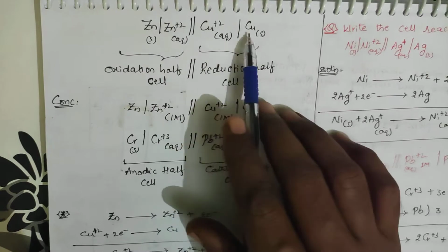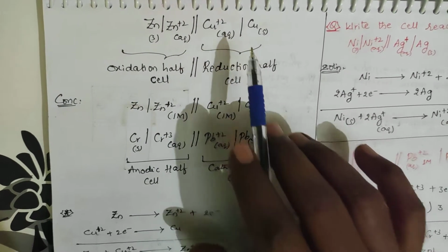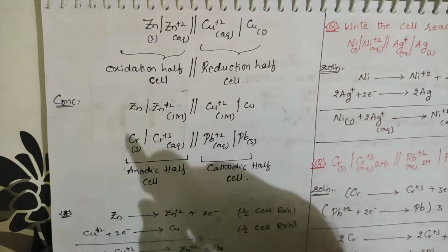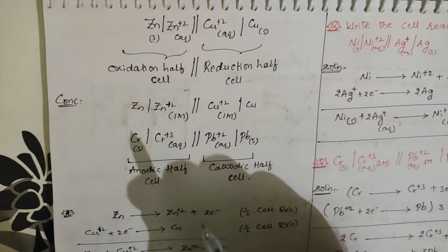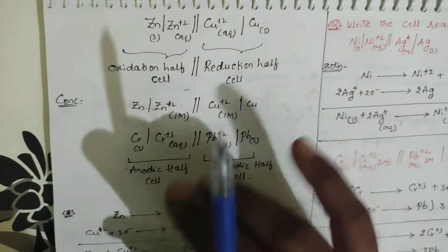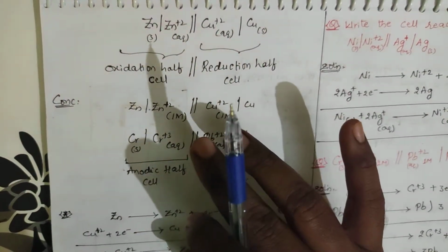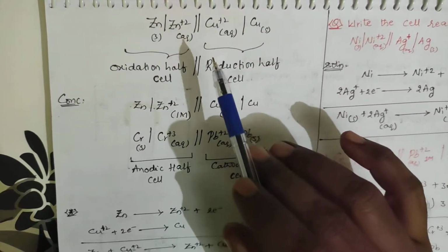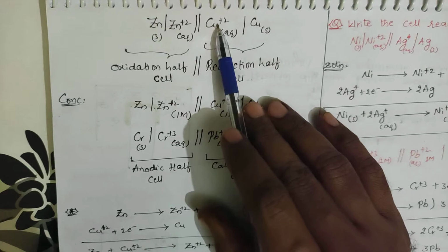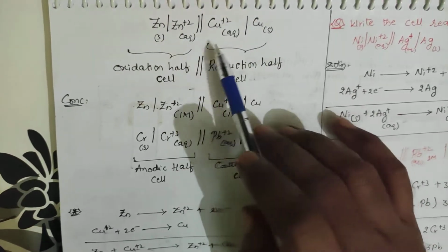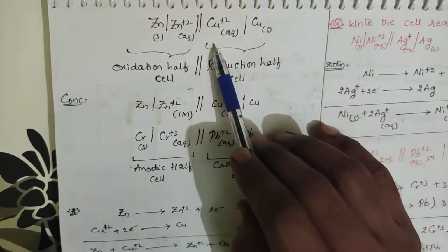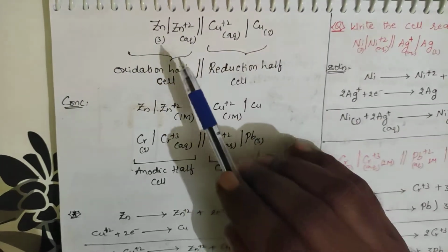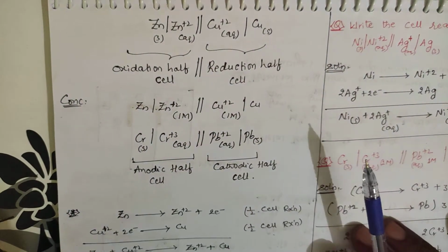Generally this notation is represented for the Daniell cell. Zinc in zinc sulfate, copper with copper sulfate solution, is called the Daniell cell example. It is an example of a voltaic cell. All we are learning are called electrochemical cells or voltaic cells, and among them one is the Daniell cell, which means Zn to Zn plus 2, copper plus 2 to copper. In voltaic cells you have many types. If those are zinc and copper, then that is called the Daniell cell.